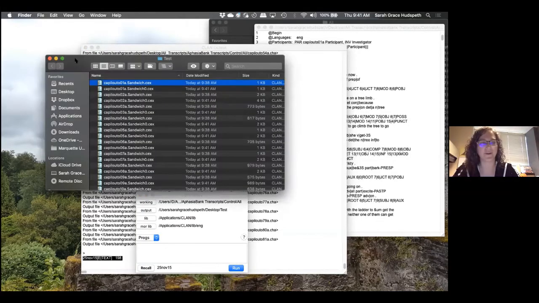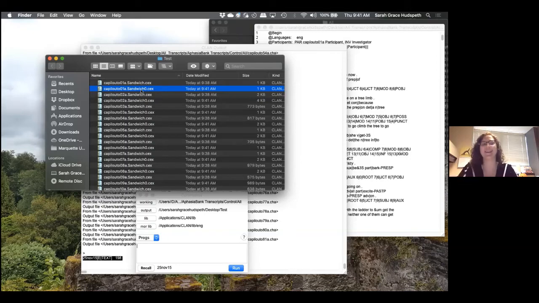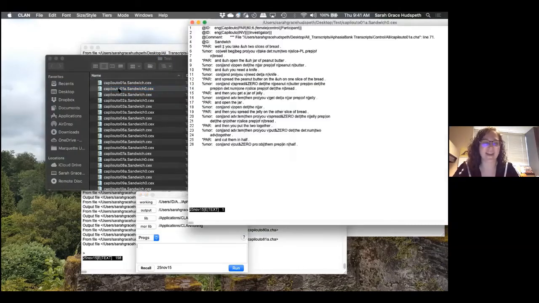And if we go now to our test folder, you can see that there's a new set of files that have output. And this is also something lovely that AphasiaBank does. If you've forgotten to change the tag that you want to be added to files, it will not overwrite files for you. It will just add a numeral at the end so that you'll have new files. So this is a really good sanity check for you. Like, oh wait, I don't want sandwich and sandwich 0. What's the difference between these two? I've always appreciated that. But now you can see just with that little change, we now have the participants' utterance as well as the %mor line, which sometimes you will need to